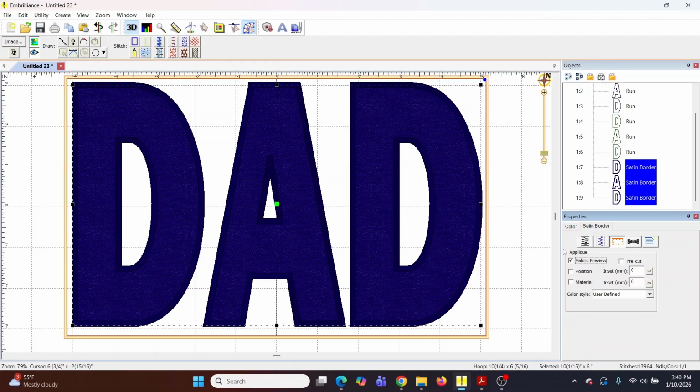Now, quite honestly, something I learned recently with Embrilliance and the levels that I have is that I can save as a PNG. So I do all my own mock-up photos and stuff. I'll take a photo of the actual garment, but I also like to put my designs on mock-ups, on the mock-up models. So you can do that for this. Say for instance, if you're satisfied with this the way that it is, like if you're going to do the interior as